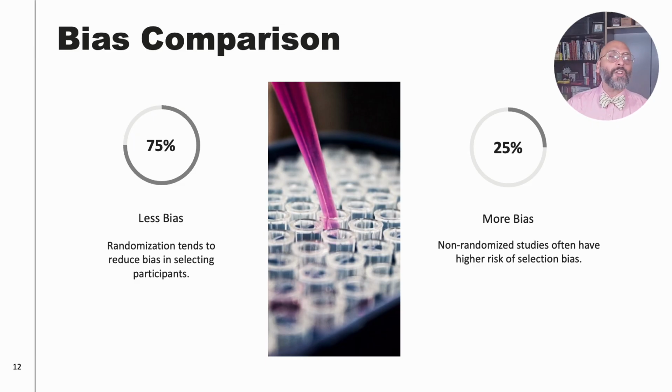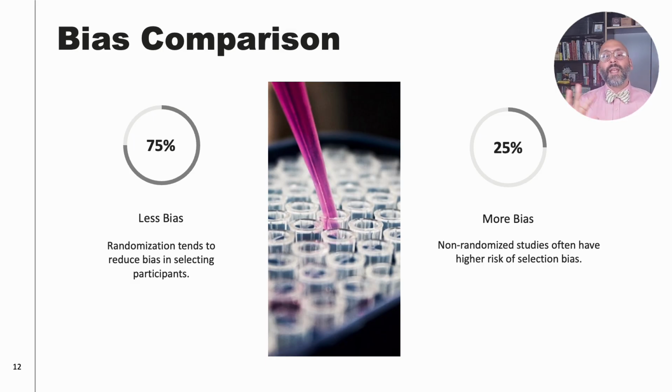Clinically, this distinction matters when interpreting results because findings from randomized trials will support a causal inference, the conclusion that the drug likely caused the observed effect. Now, findings from non-randomized studies support association, not causation. They can suggest patterns, generate new hypotheses, and they actually reflect real-world use, but they require more caution. The key takeaway is not one type of study is good and the other is bad. It's that different designs answer different questions, and your confidence in the conclusion should match the level of bias the design can reasonably control.